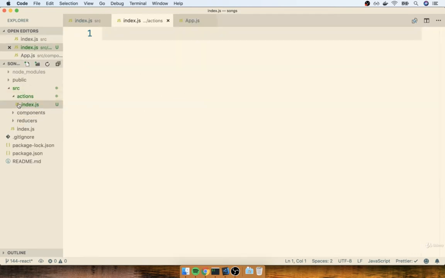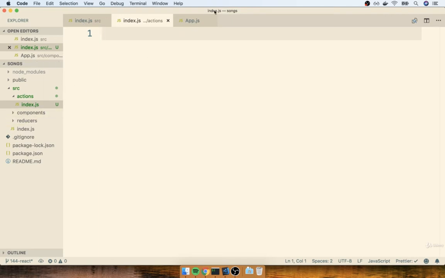Now my choice of file name right there might be a little bit surprising to you. We already have an index.js file inside of our project. It's inside of our root src directory. Well, unfortunately, this is a pattern that you're going to see in the vast majority of React projects. Let me tell you why. Eventually, we are going to write some code into this file, and then we're going to want to import it from somewhere else inside of our project.